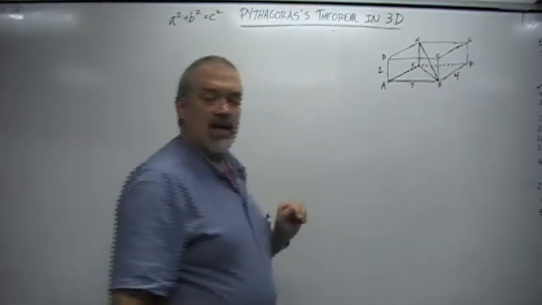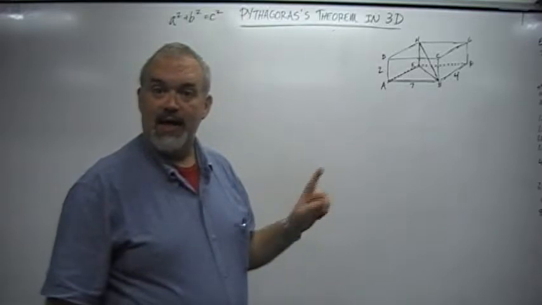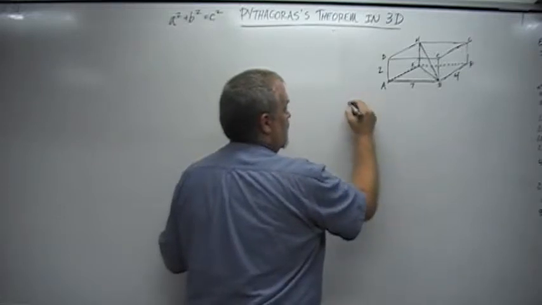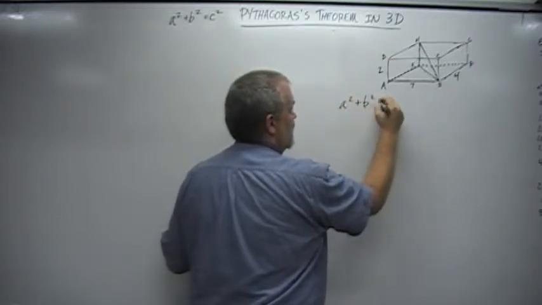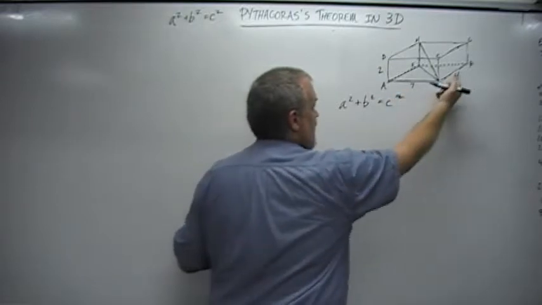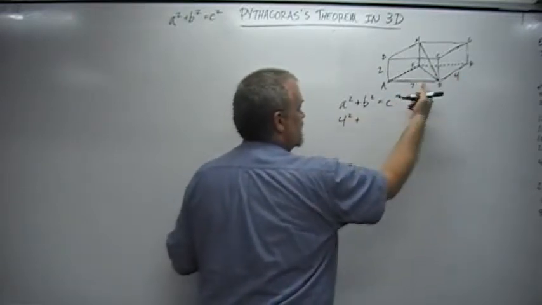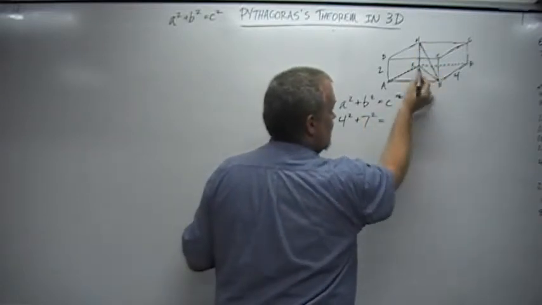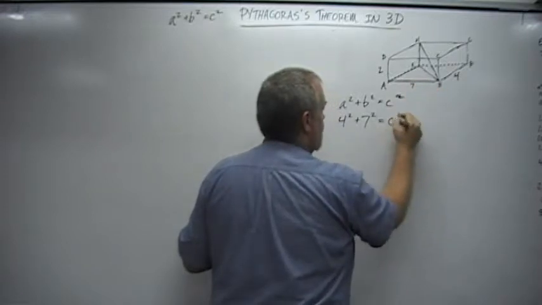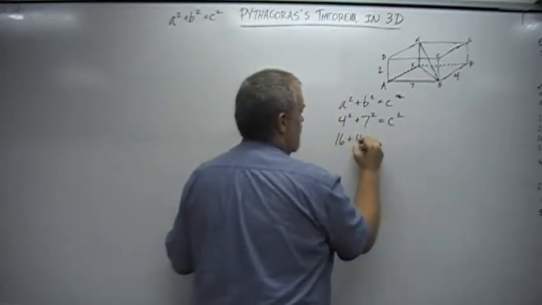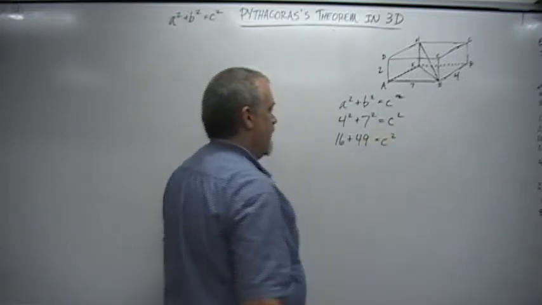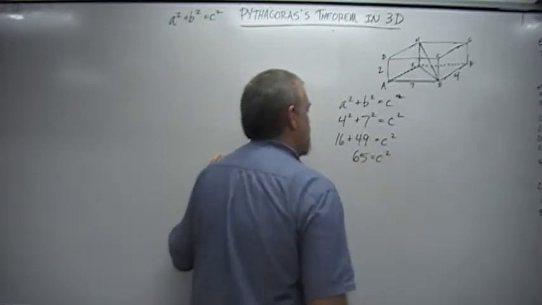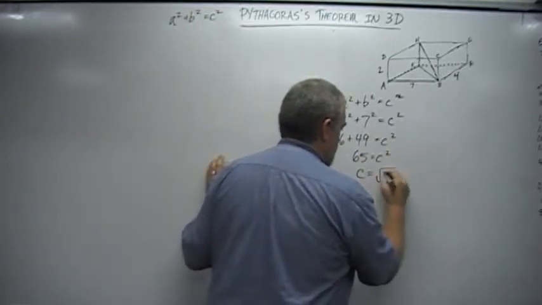Now in order to do that, I'm going to take this right triangle right here, and I'm going to figure out how long its hypotenuse is, because I know how long each of the shorter sides are. Here's the side that's 4, here's the side that's 7. Start with a squared plus b squared equals c squared. Here a is 4 squared plus b is 7 squared equals c, excuse me, not that one, is this diagonal right down here, c squared. 16 plus 49 equals c squared. 16 plus 49 gives me 65 equals c squared,